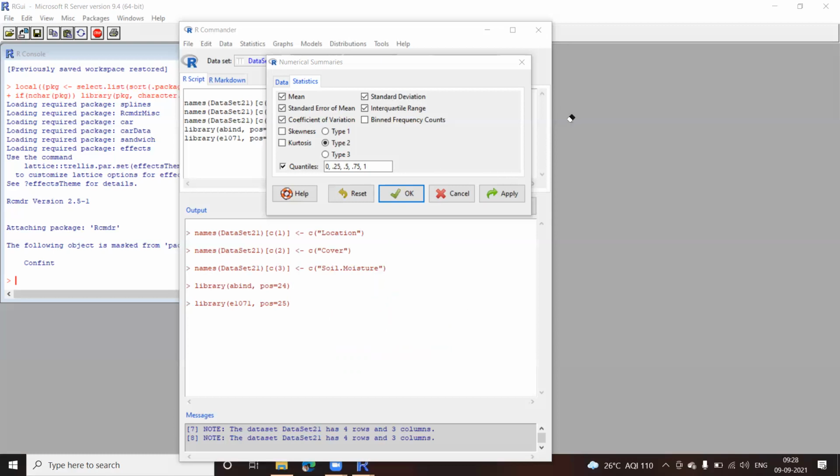Some statistics knowledge, especially for those who are not good in statistics, at least some basic statistics needs to be done. Right now I'm not going to change anything. I'm going to select this option. I've selected the standard error of the mean, and the other two values which were selected by default. Quantiles, we are going to have 0, 0.25, 0.5, and 0.75, and this total should always be 1. I'll just click on OK here and see what I get.